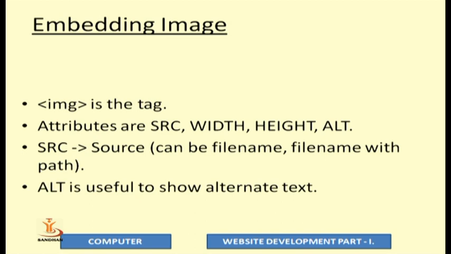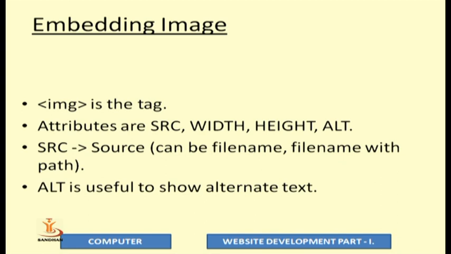So in this section called embedding image, we are going to discuss how we can have an image with our HTML page. When you want an image in your HTML page, you can use the tag called img. The img tag is the tag through which you can embed an image wherever you want within your HTML page.